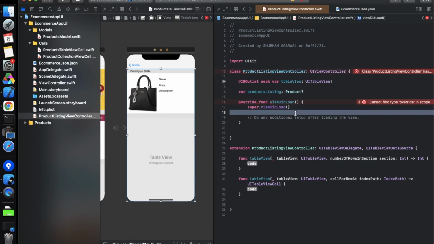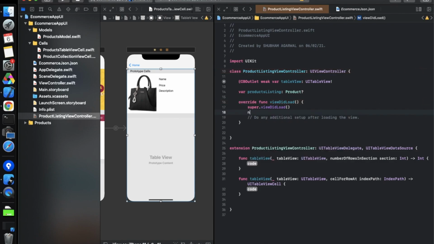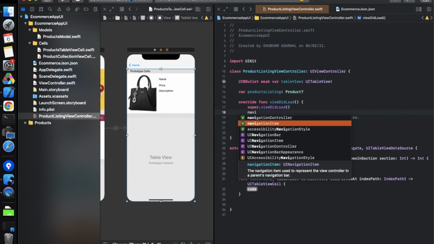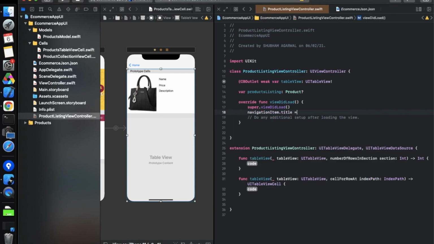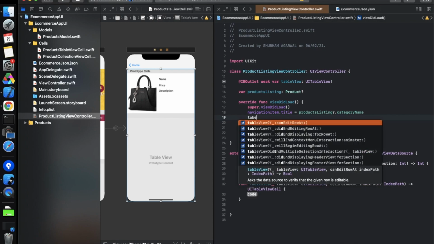Now once the product gets assigned to this product listing, we can set the title: self.navigationItem.title equals productListing.categoryName is the title, right? And after that we have to reload the table view. We also have to assign the data source and delegate to this table view.